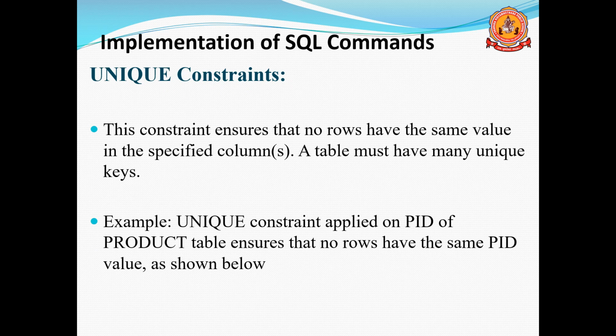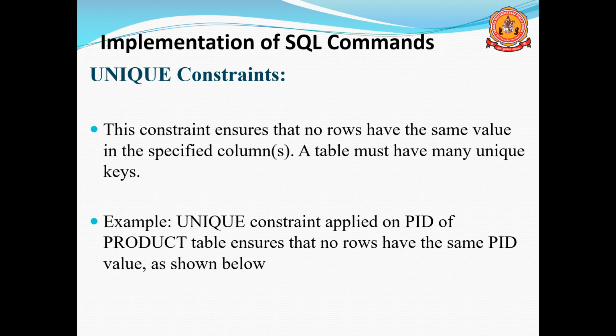So next one is the unique constraint. This constraint ensures that no rows have the same values in the specified column or columns. A table can have many unique keys. Remember, if you provide a unique constraint for a particular column,